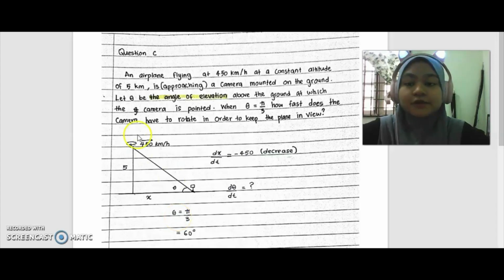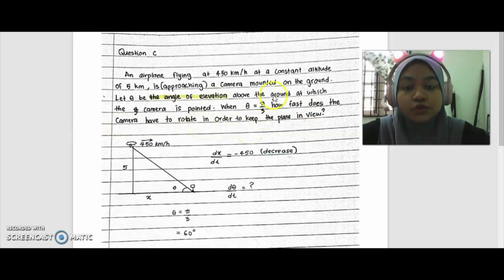Okay, hi. I'm going to present about the problem statement at question C. So, an airplane flying at 450 km per hour at a constant altitude of 5 km is approaching a camera mounted on the ground. Let theta be the angle of elevation above the ground at which the camera is pointed. When theta equal to pi over 3, how fast does the camera have to rotate in order to keep the